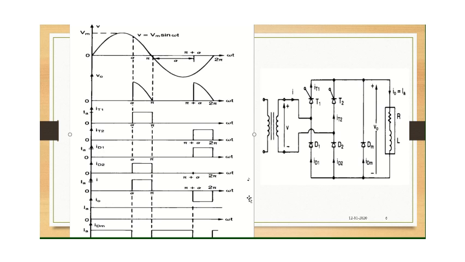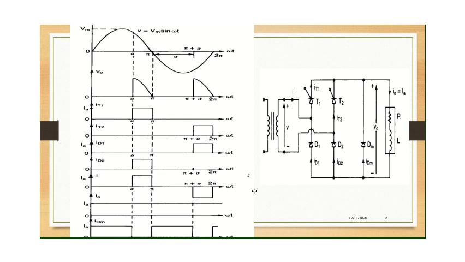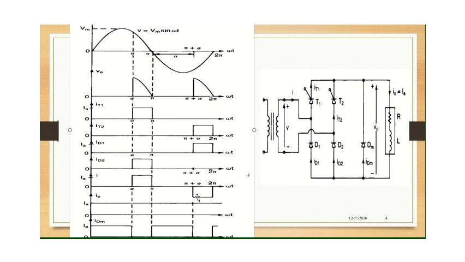Now observe in the negative cycle when the input is reversed. Now T2 and D1 will be conducting. Observe the direction there: T2, load, D2. So the direction of the current here is now reversed, opposite to the reference direction of the source, isn't it? So this is the current because of T2 and D1 conducting. Okay, I hope you are able to follow the mouse there. Yes, so this is the current, and the output current I naught, what you can see here,